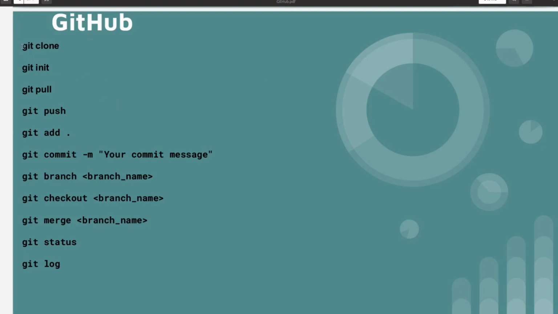So we have already seen git clone. What is the use of git clone? To clone any repository. git init to initialize any repository, git push to push whatever changes we have made in our code, git add to add the changes in our repository, git commit -m and your commit message, git branch and the branch name to create any branch, git checkout and the branch name to check out to the other branch. git merge we have not seen, we will be seeing this, then git status and git log and git push.